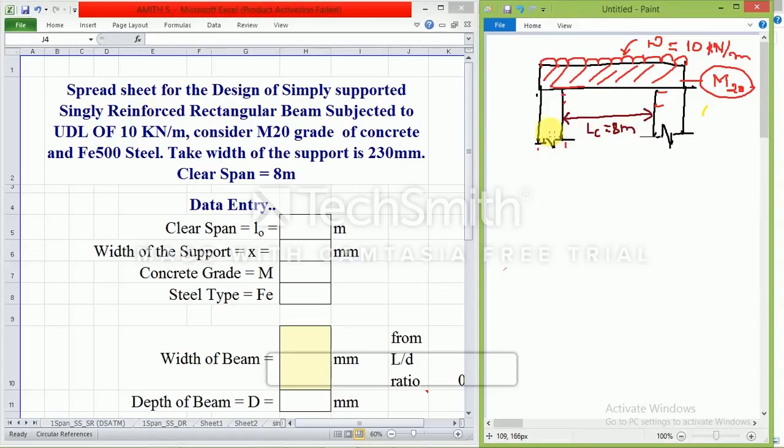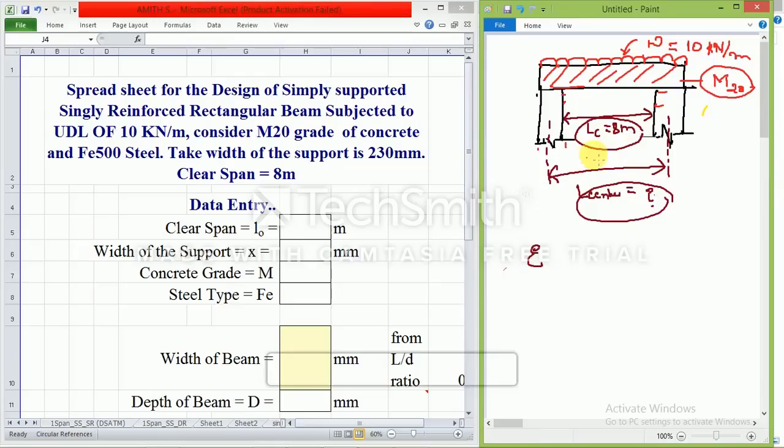Okay. Then what about from here to here? From the column center, the center of the support, if I take from here to here, okay, L center to center distance is equal to what, that we need to find out. Okay, so just remember L center to center and L clear. And one more thing, by using these two equations we are going to find the effective length.